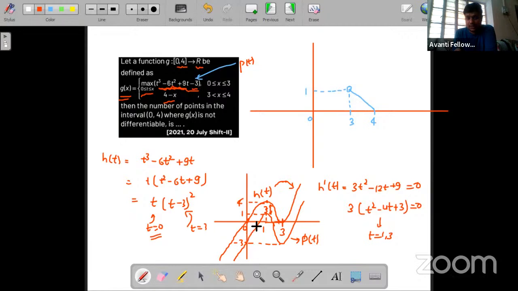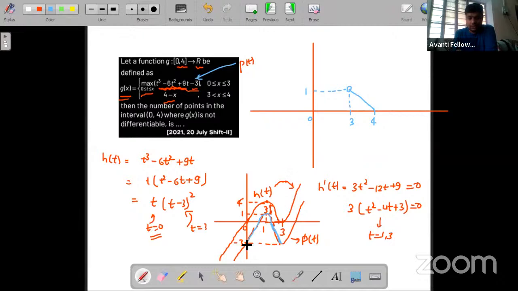What is the maximum we are getting here? This is the curve from 0 to 2. So the maximum value is 1. Right? So we have to find the maximum in the region from 0 to x, and the maximum x is 3. So till 0 to 3 we have to find the maximum of this function. So we need only this much graph, 0 to 3 only, and we have to find the maximum of this graph in this interval.